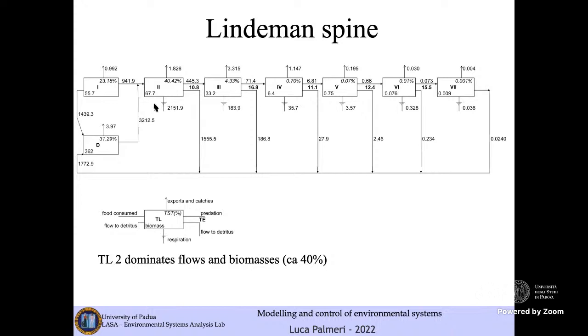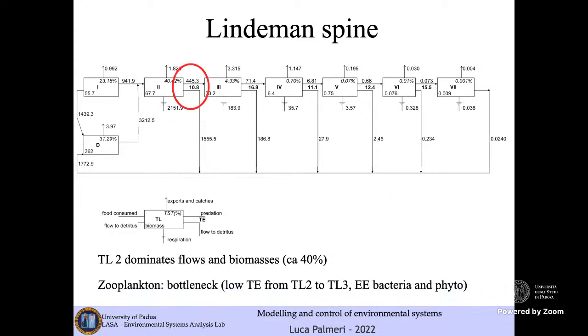So we have an important compression of the system on the higher trophic level in which the biomass is passed all onto trophic level 2. Fortunately, not 1, because if we were on trophic level 1, this would represent a dead system. In reality, the Northern Adriatic Sea is still a living system with some problems, and the problems are described by the fact, for example, that the biomass is transferred for 40% to trophic level 2,